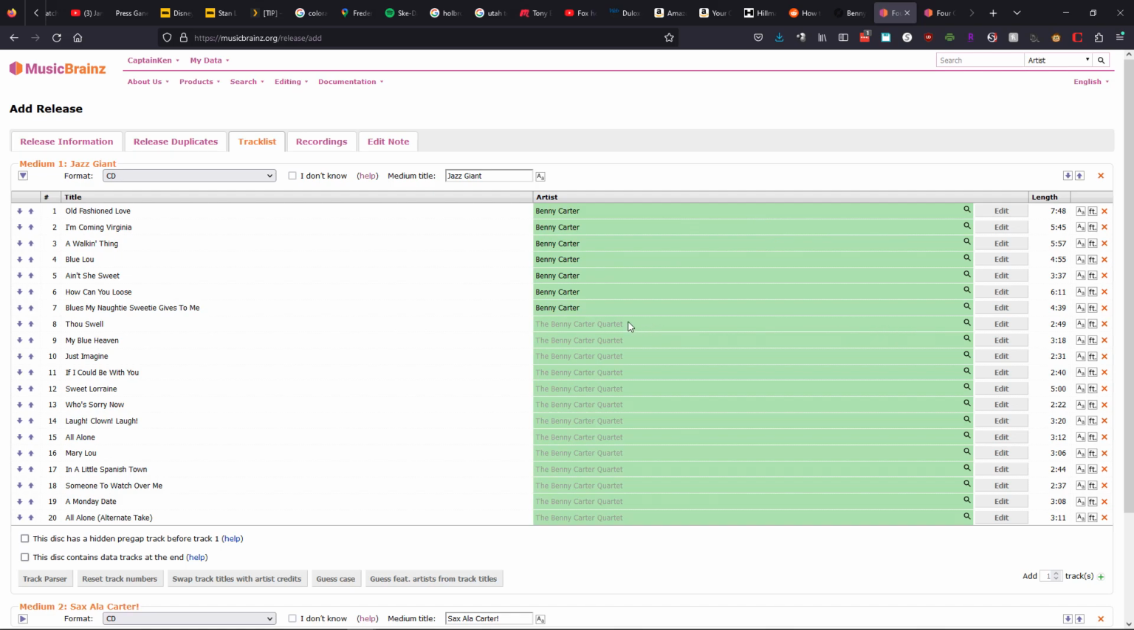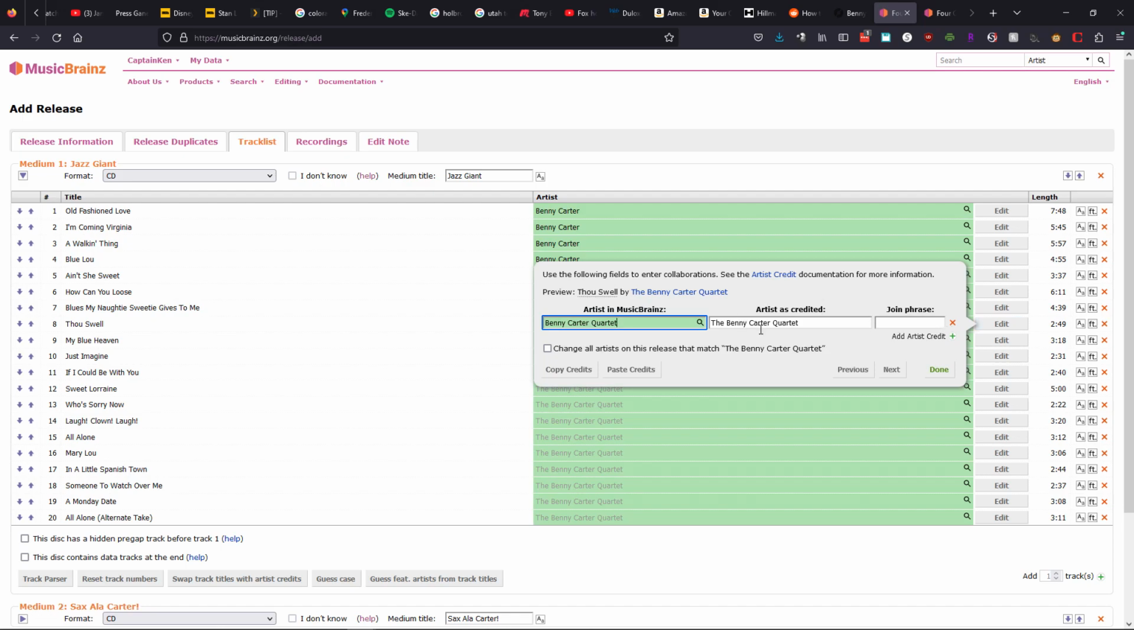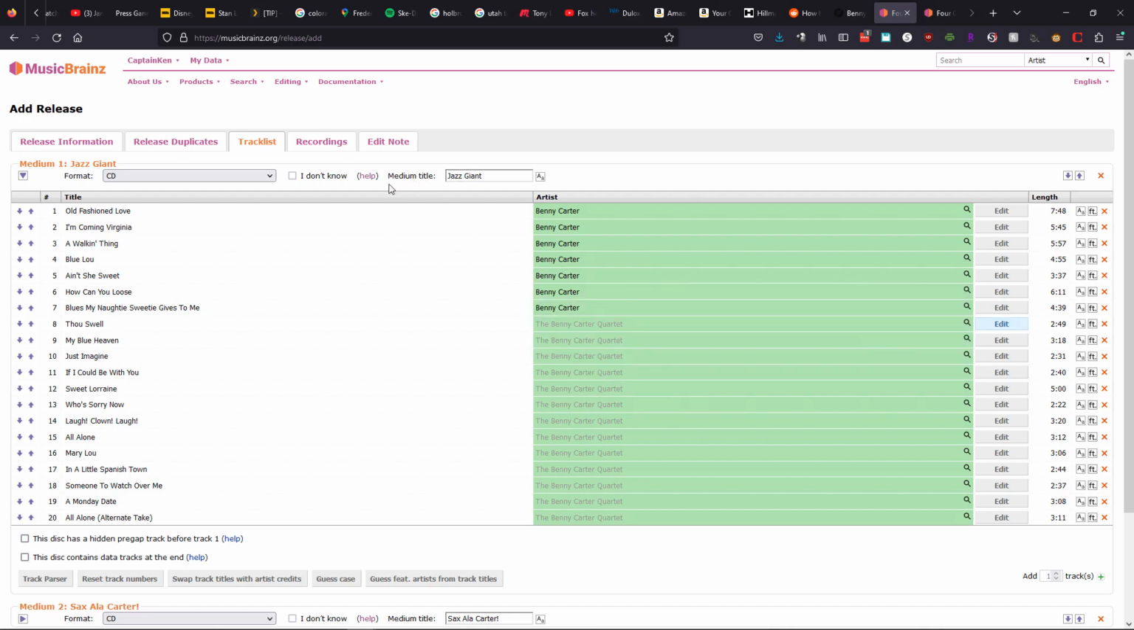You can go in here and change who the artist is. Right here, when I clicked on the edit button, this is where I was like, where do I change the album, right? The medium title. I needed to create another medium in my mind because I hadn't learned that the medium was just actually a CD. So